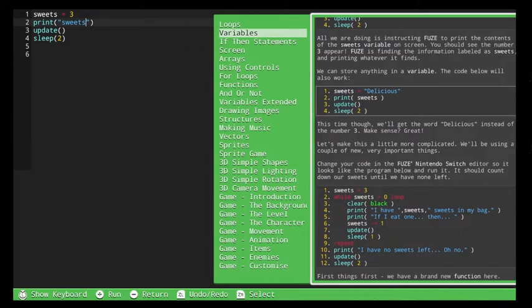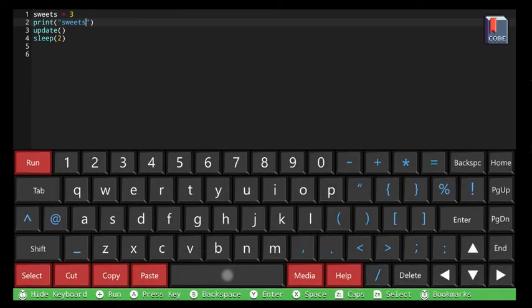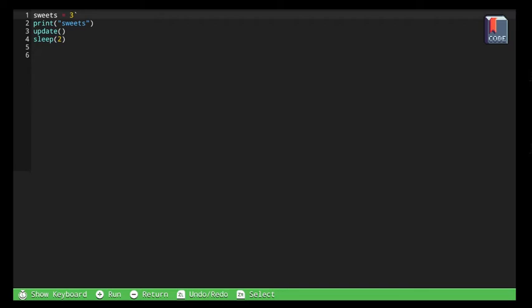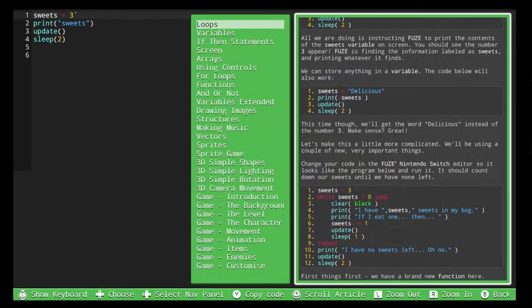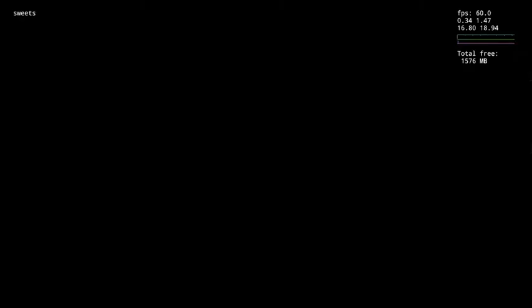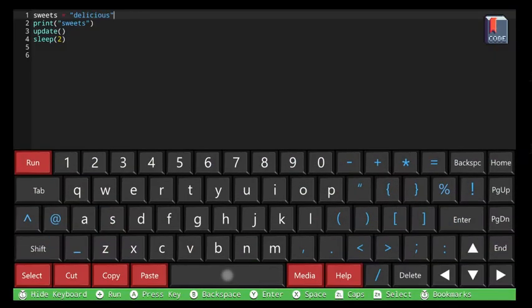So let's do that real quick. Let me see something. Okay, yeah, it stays print sweets. Prints delicious. Print sweets, update, F5. Okay, so it does stay on sweets. So if I put delicious,